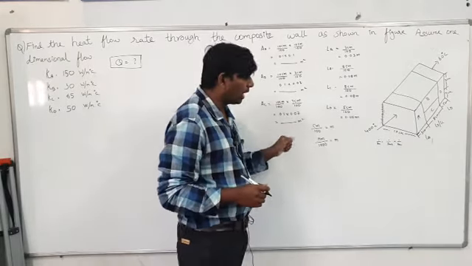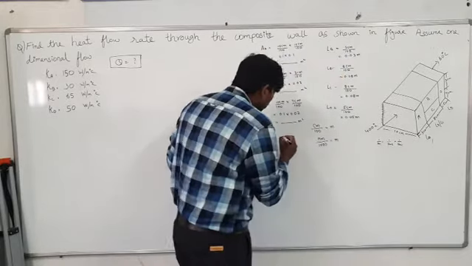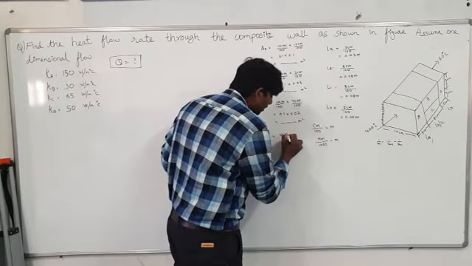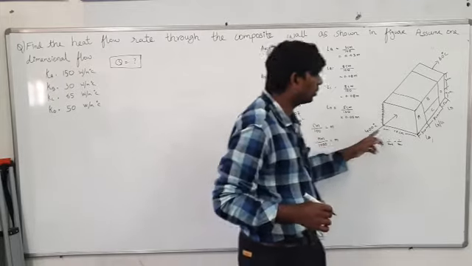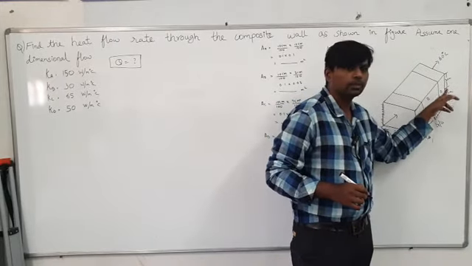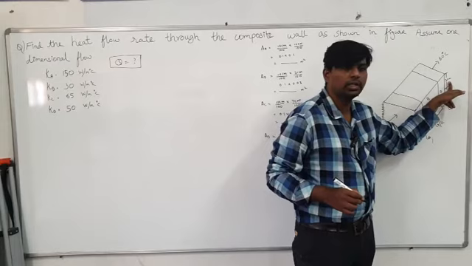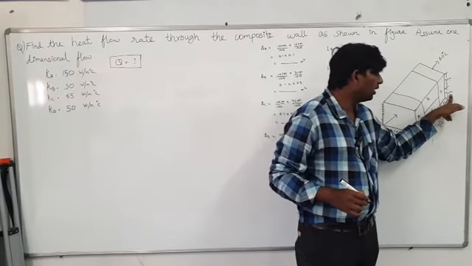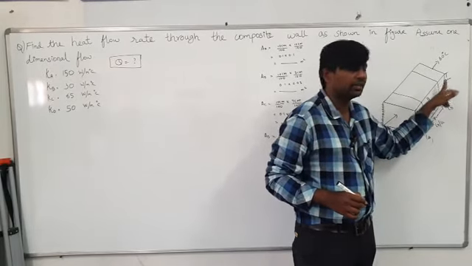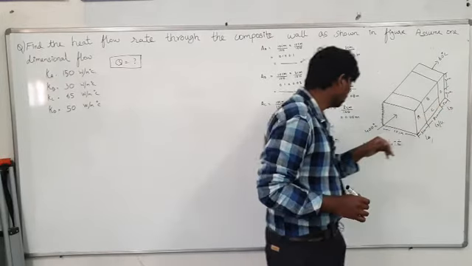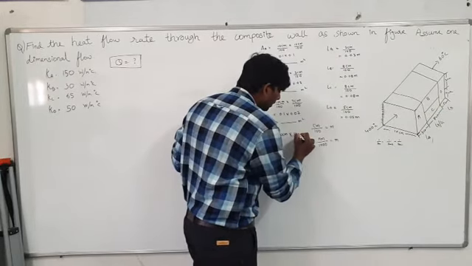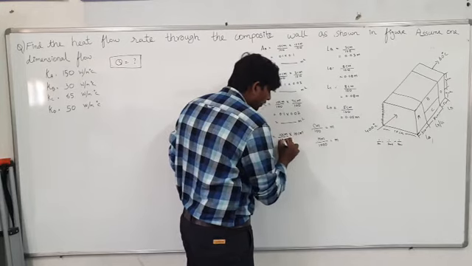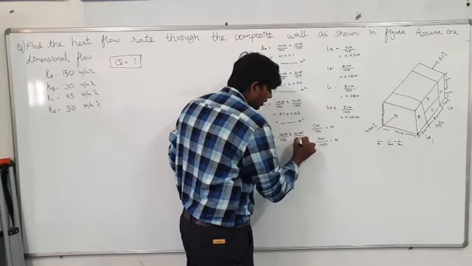For finding AD, this is the D component. For the D component, this is the constant. How much is it? 10 centimeter. So you write here 10 centimeter into, now the thickness you have to consider. For the D component, the total length is there. If you see for the B component 3, the C component 7, for the D component the total is 7 plus 3. How much is it? 10 centimeters. So here also divide with 100 and here also divide with 100.